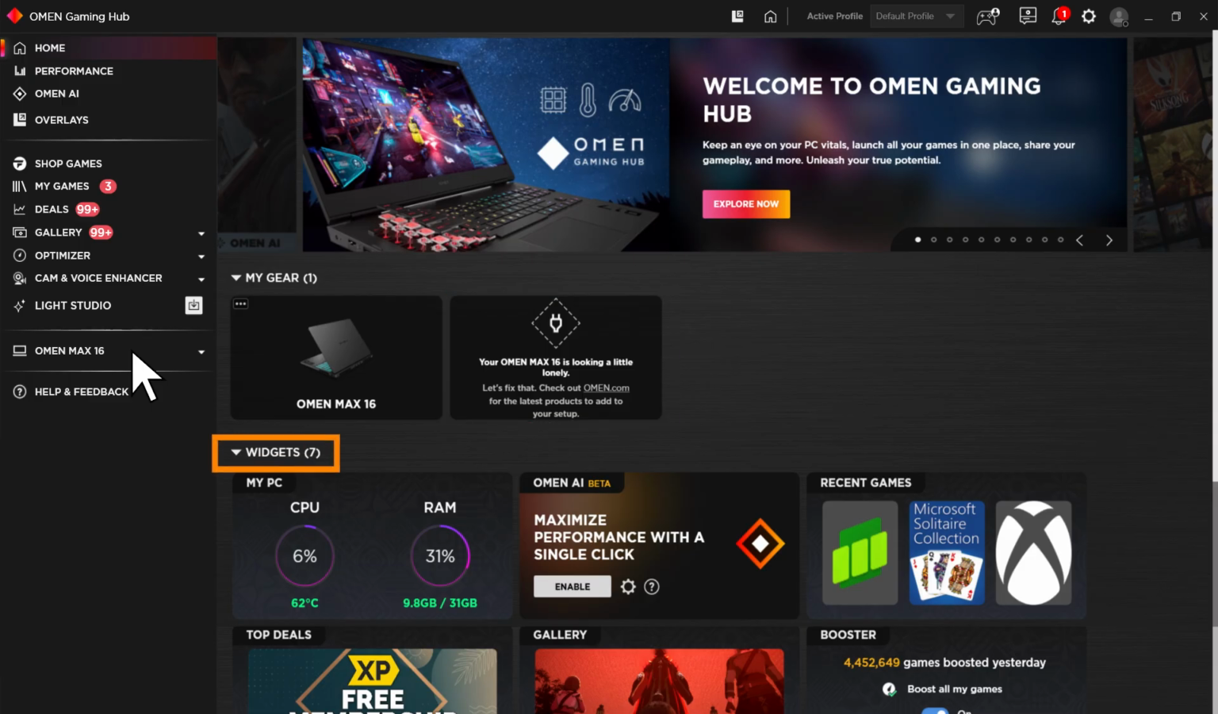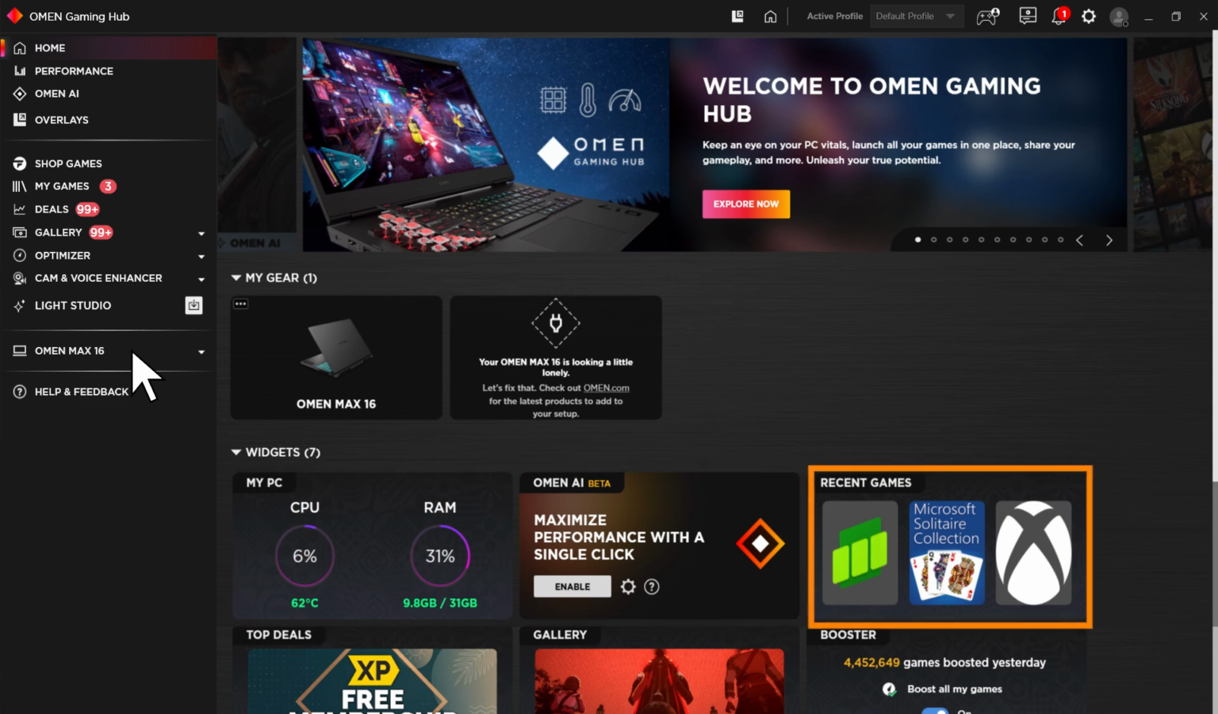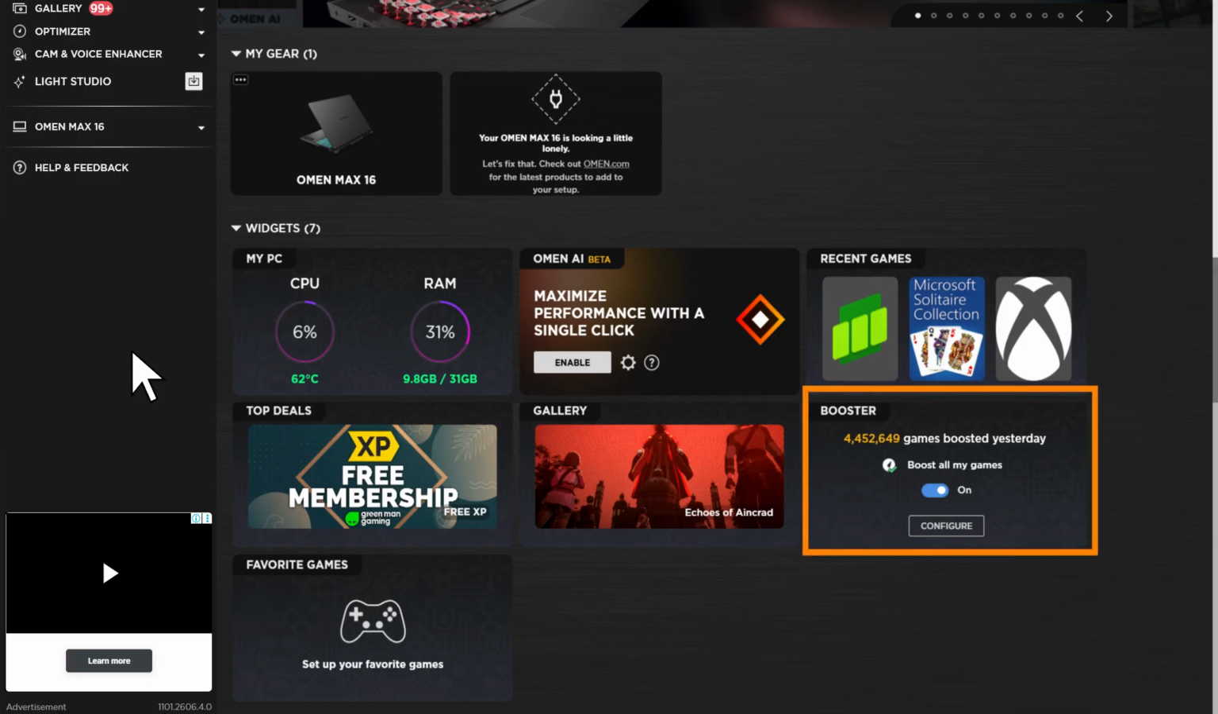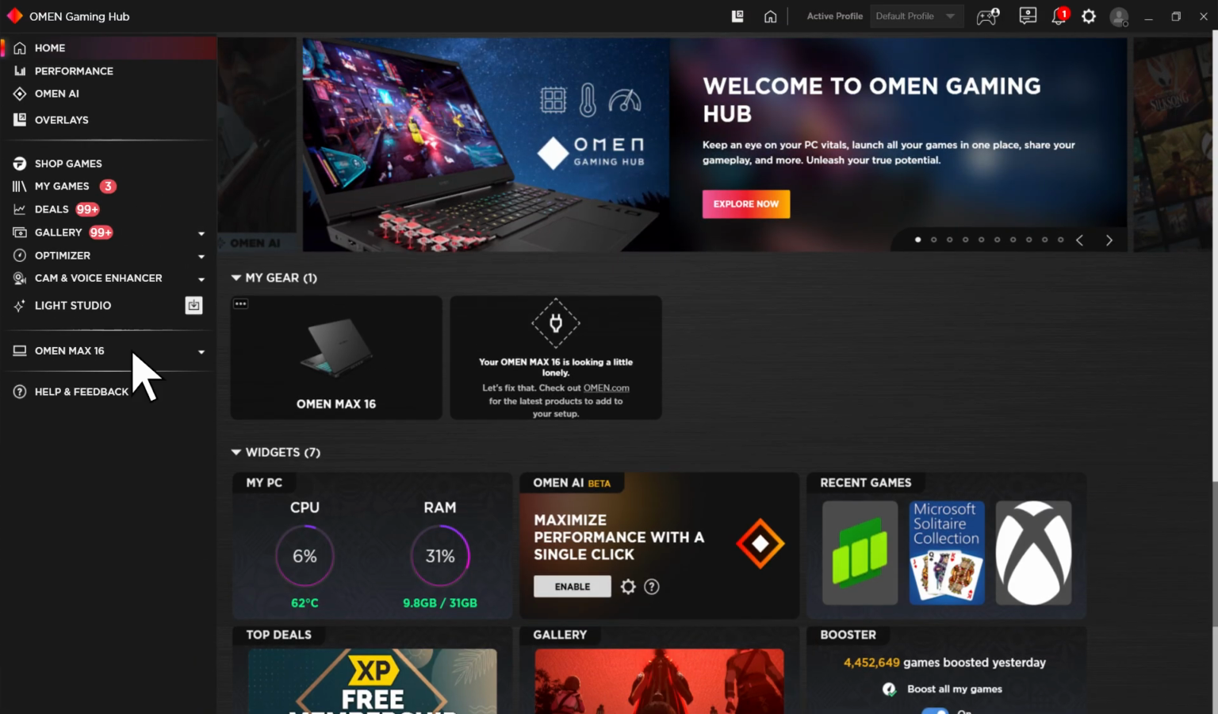The Widgets menu allows you to quickly view details, such as system vitals, enable OMEN Artificial Intelligence, check recent games and gallery images, or enable or disable the Games Booster. You can set overlays anywhere on your screen to provide access to system vitals, data monitoring, and quick access to